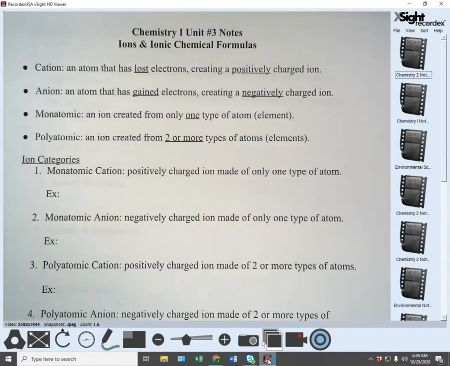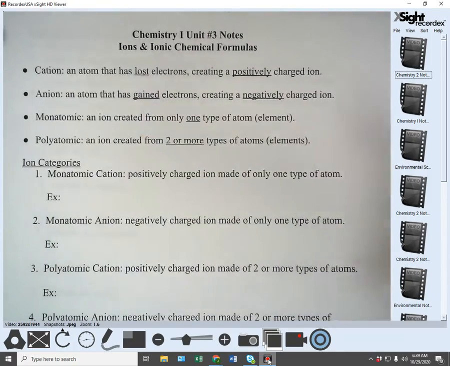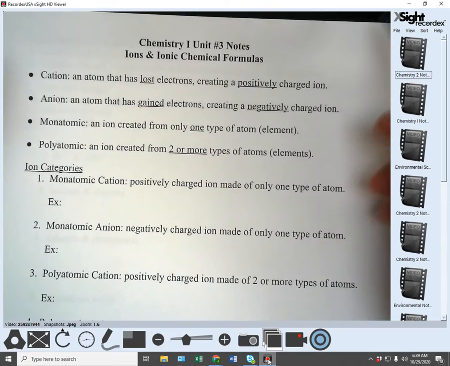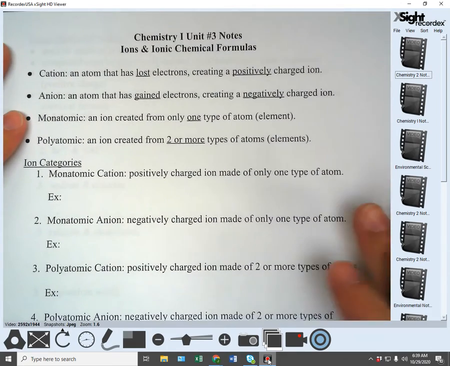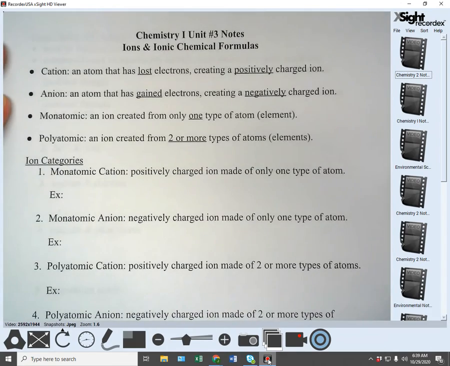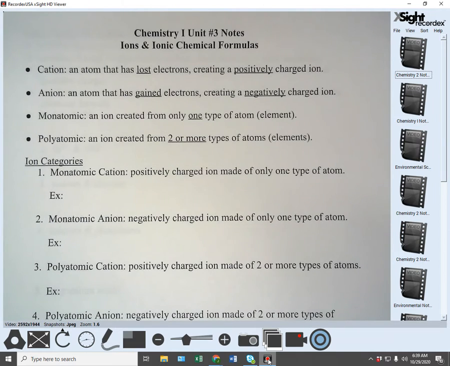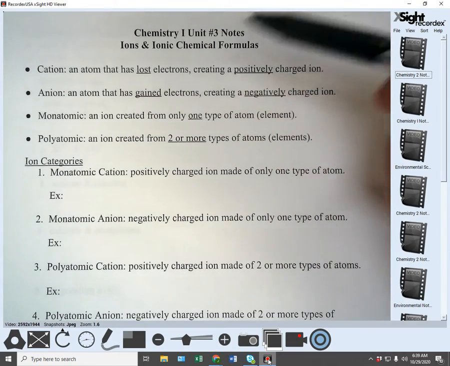All right, hey everyone. So today we're going to go over the first half of the Unit 3 notes, ions and ionic chemical formulas. I'm going to do this kind of in parts here. Today we're going to hit the concept of cations and anions